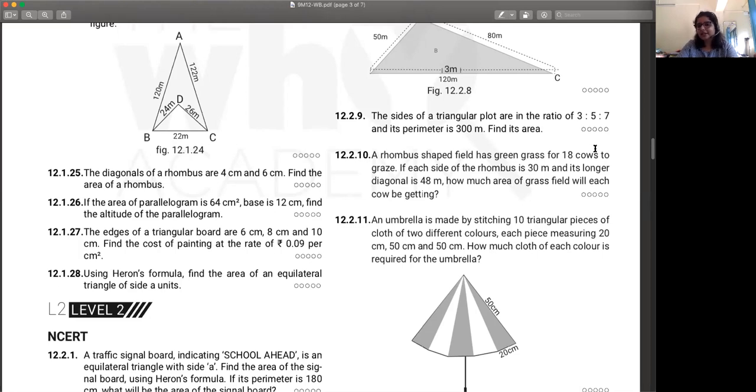You're given the side and you're given one diagonal. तो उससे area कैसे मिलेगा? There are two ways to go about it. First, we can calculate Heron's formula for one triangle and multiply it by 2, we will get the whole area of the rhombus. Yes, that is one way to do it.